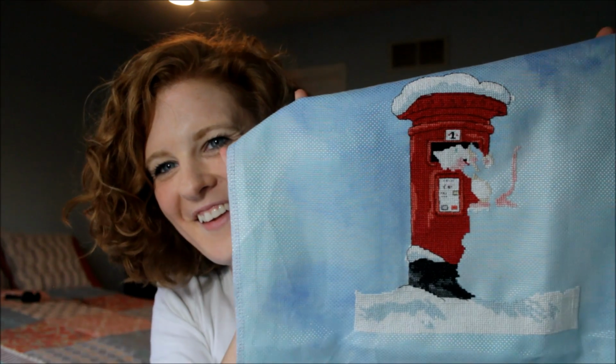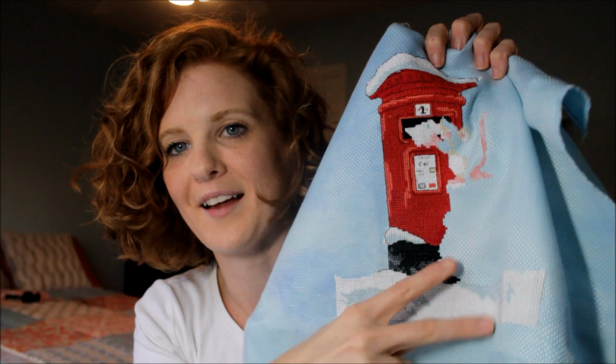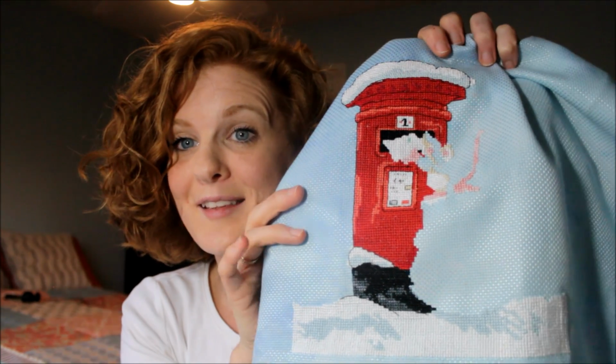The mailbox. I am a person who saves the best for last. I do this in many areas of my life. Whenever I was a kid and I ate Lucky Charms, I always ate the nasty brown bits and then ate all the marshmallows. So that's what I do with my projects a lot. I got all the boring stitching out of the way, made the telephone box, mailbox, and the snow, and now I'm getting to the awesome part of the mouse and the adorable